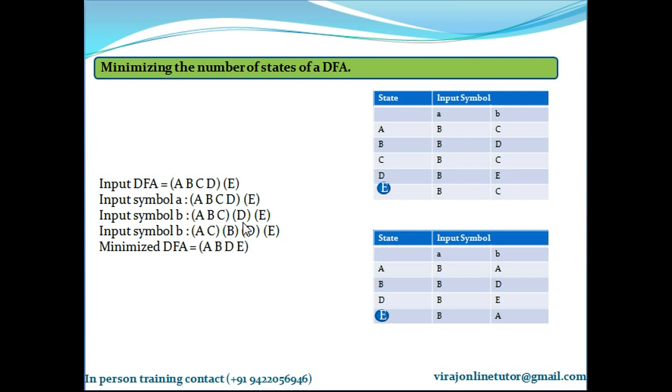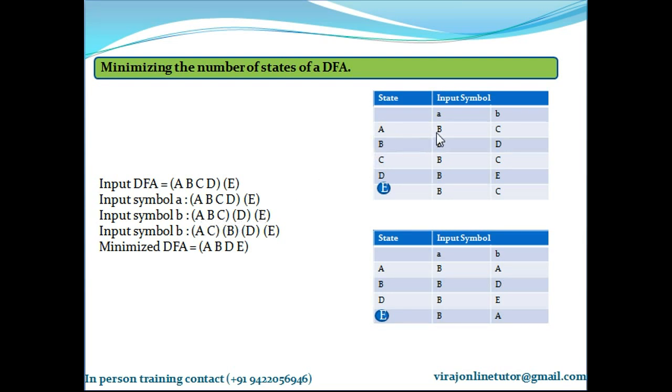If a state on the input symbol goes to a different group, it has to be separated. So in this we saw that all these states on A went to the same group. Here we saw that of this, D on B goes to a different group. That's why D got split up. Clear? Now again we'll check whether this can be split up.